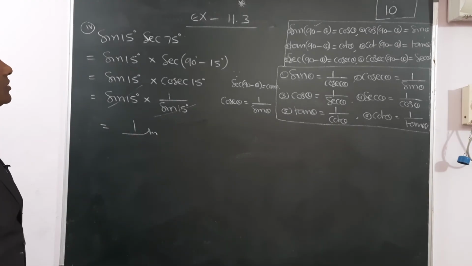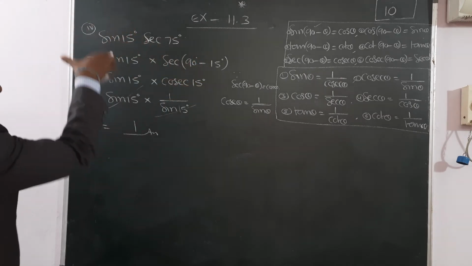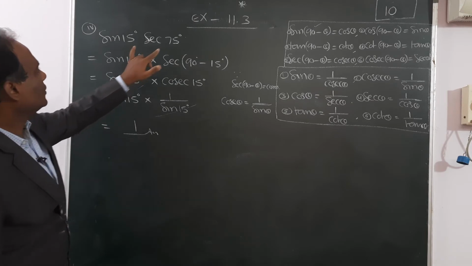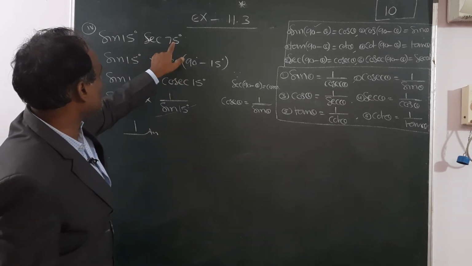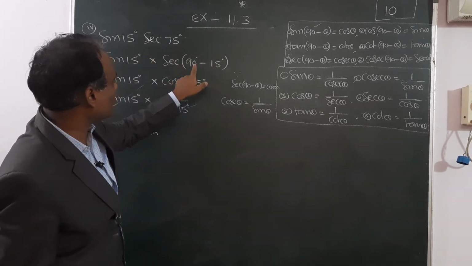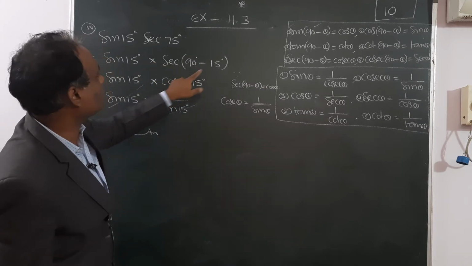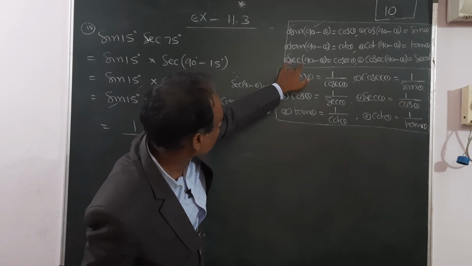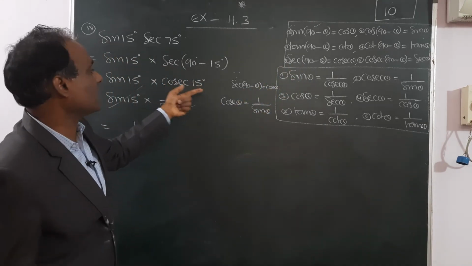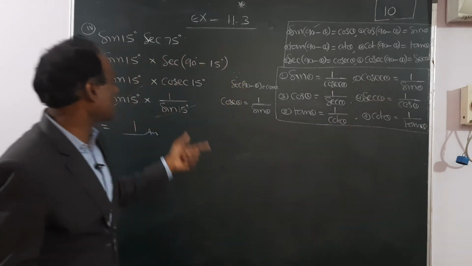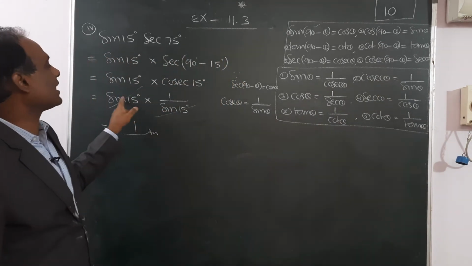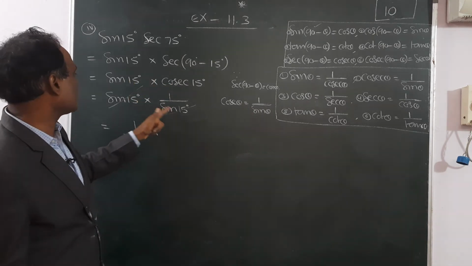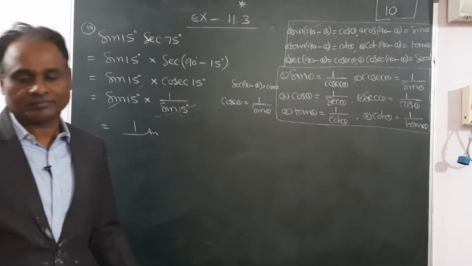Simple. Using those formulas we can simplify. I am keeping the first one same till the end. The secant also same. 75 is written as 90 minus 15. For 90 degrees, secant will change to cosecant for 15 degrees. That is the fifth formula. Next, cosecant is equal to 1 by sine. Why am I writing it as 1 by sine? So that we can cancel and simplify. Otherwise it will remain same. Cosecant is 1 by sine, sine cancels, answer is one. Write down.